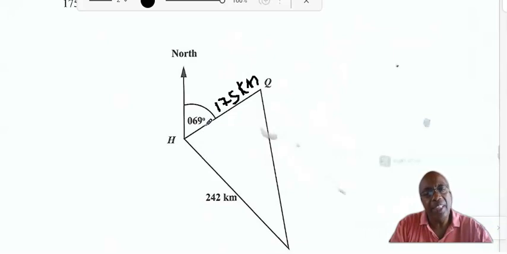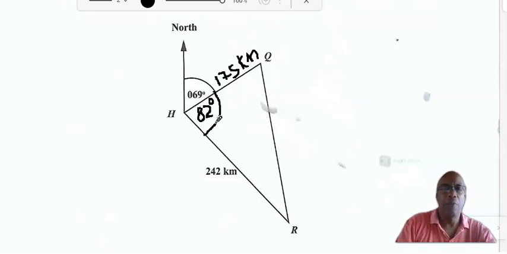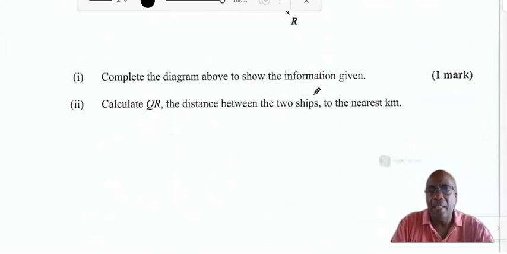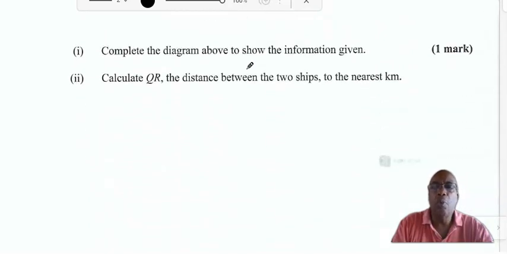So this total angle is 151 degrees. So it means we can find the angle inside the triangle by subtracting 151 minus 69 degrees, and you can do this with your calculators. When you subtract 151 minus 69, I got 82 degrees, and I put the angle inside the triangle. So now I've completed part 1. I have put in all the information given in the diagram. So we move on to part 2,